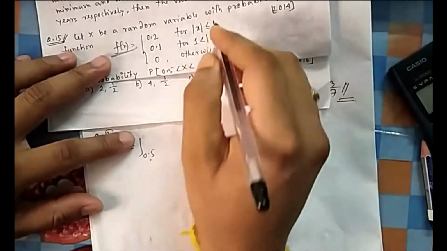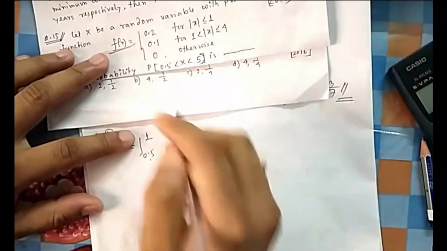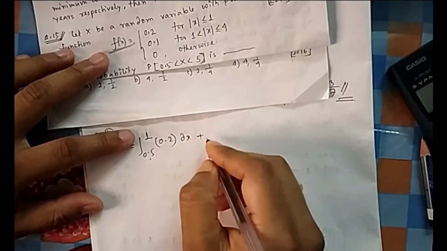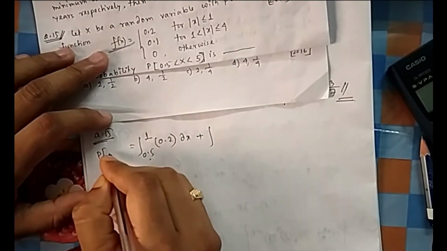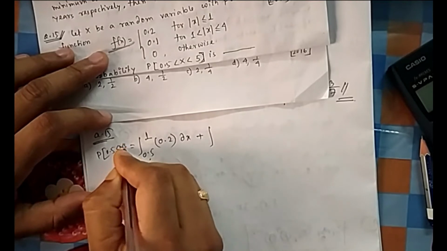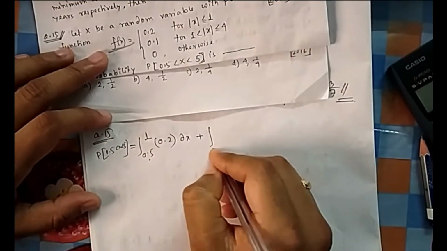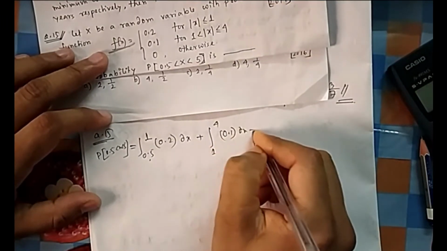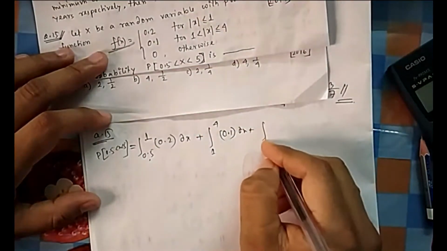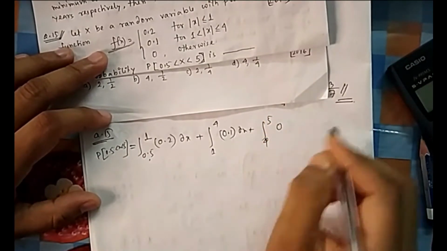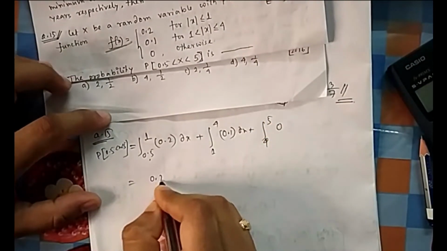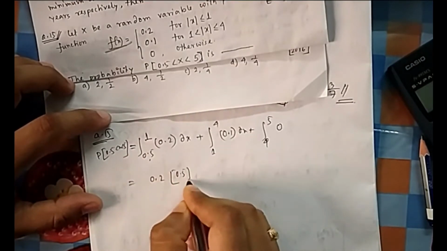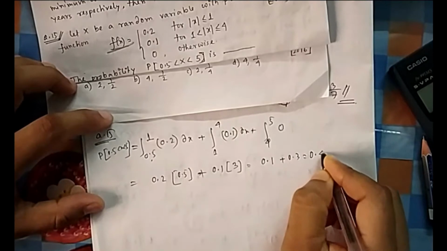So from 0.5 you can go up to 1, because that will be 0.2 fixed, the value of fx dx, plus what I am calculating, from x 0.5 to 5, the probability. Then from 1 I can go up to 4 only, because this is my fx, and from 4 to 5 it is 0, so no need to write that also. So only this much. So this is the answer. I think 0.2 and 0.5, 1 minus 0.5, the answer is 0.4.